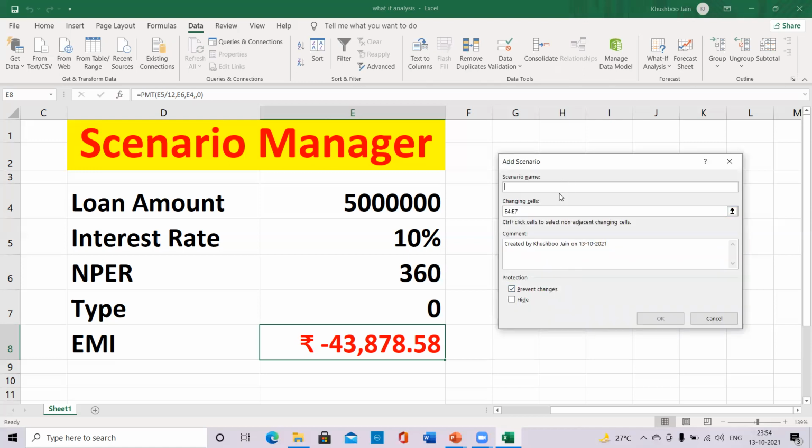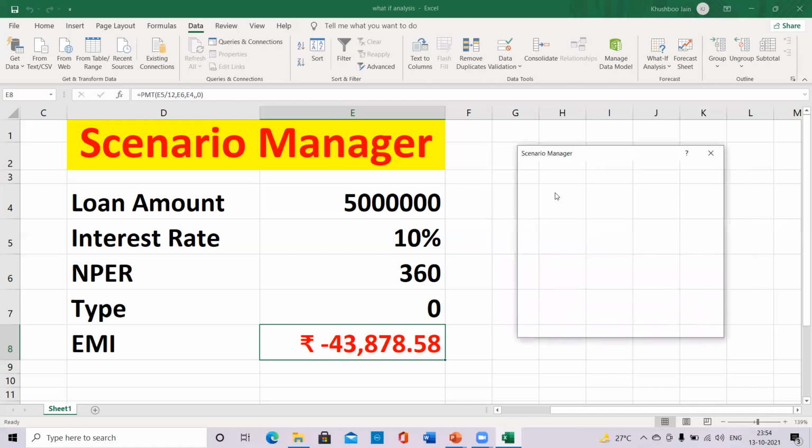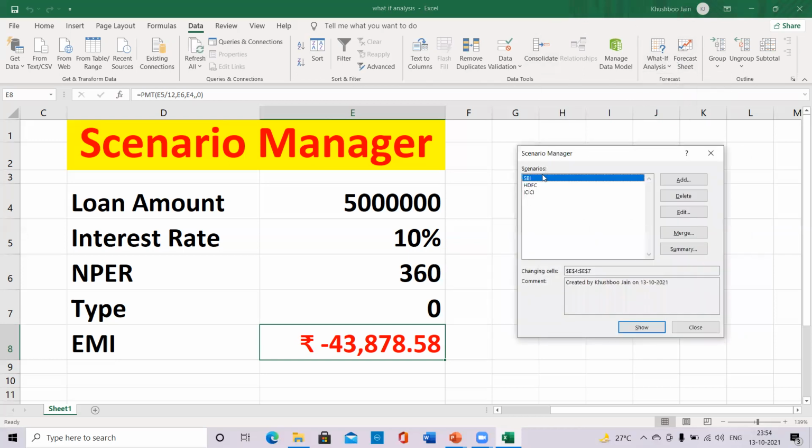So it is provided by ICICI Bank, right? Now these three scenarios have been added. So whenever I want to check the different values of EMI provided by different banks, I can use these scenarios.